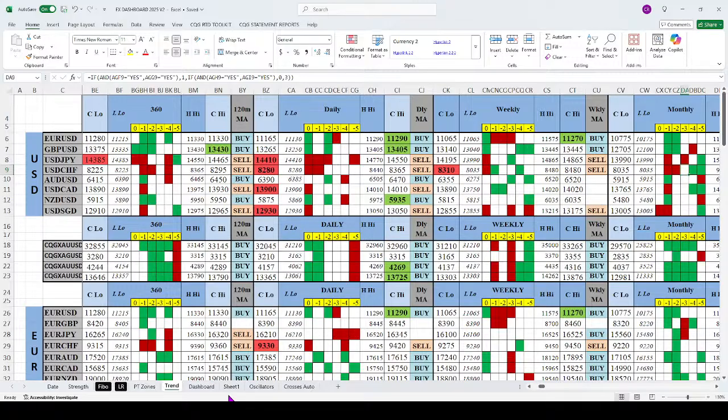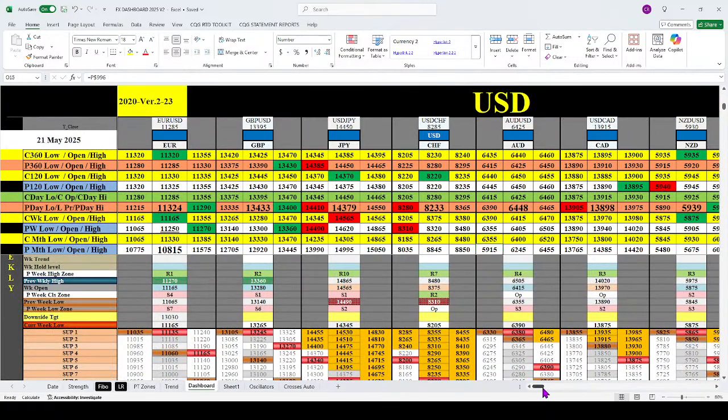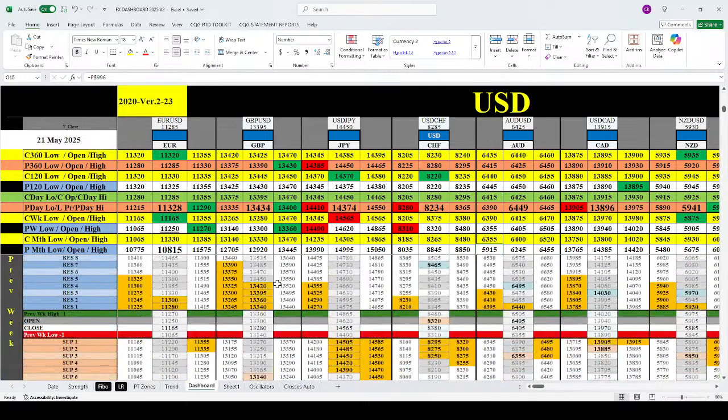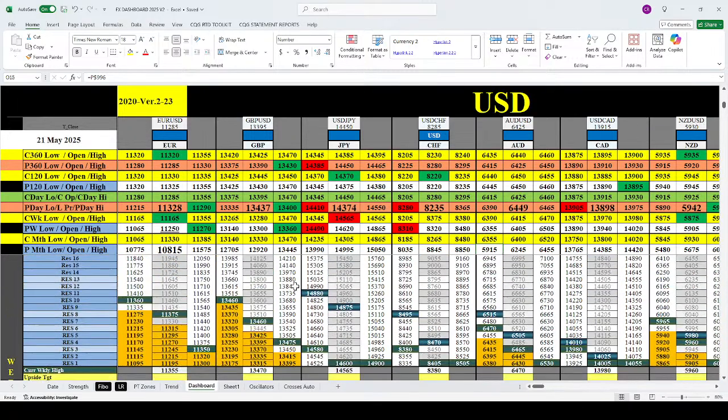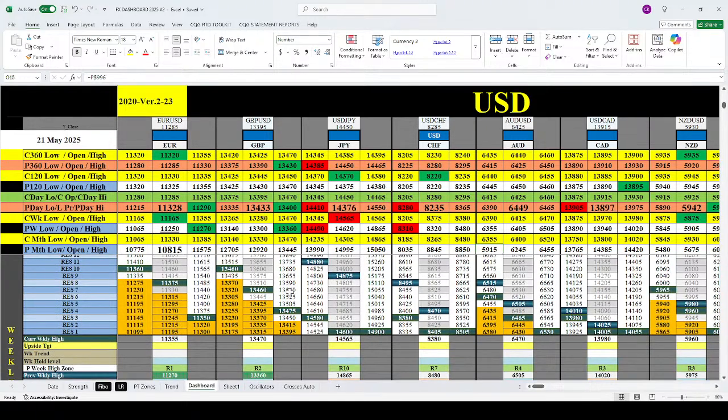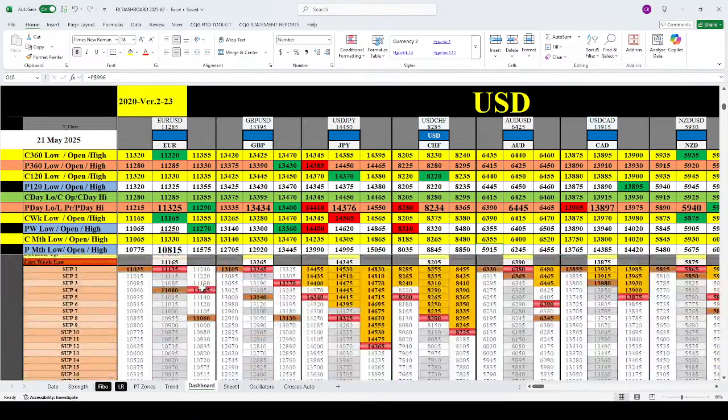Looking at this weekly, when we go into the dashboard, we look straight into the weekly dashboard, and this is also trading above the previous week high. So there is strong resistance at 113.50 and 114.35. On the other hand, if 113 breaks, then this is a failure, and chances are this market is going to go down.